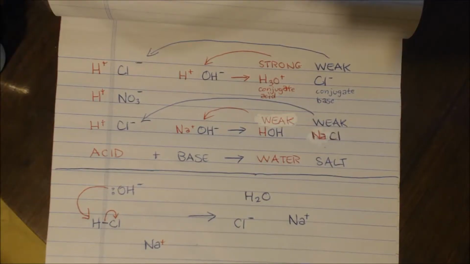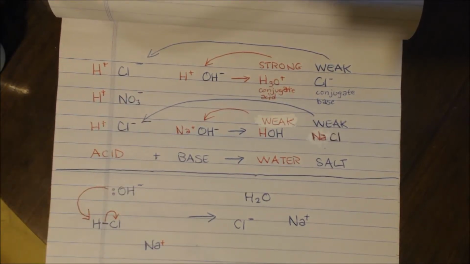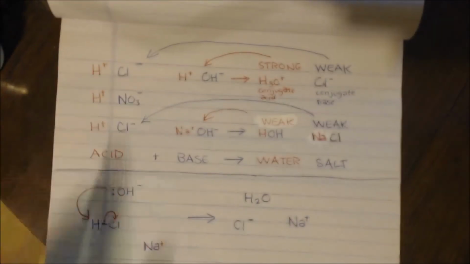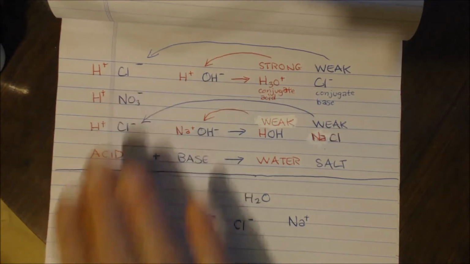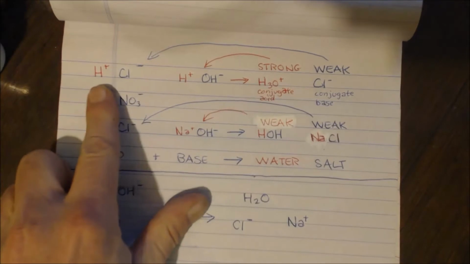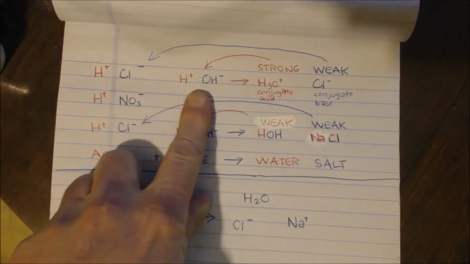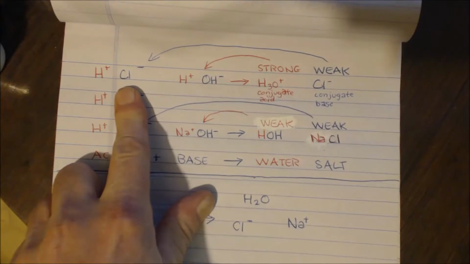Alright, here's a couple examples. Now I have the red part of each compound in red. The red is because that is actually the acid part of the molecule, and the negative blue is the base part of the molecule. You can see I have hydrochloric acid and water. Water is going to be the base, okay? You end up with a hydronium ion, because remember, when you do that, the H jumps off onto this, right? So this jumps onto here, makes the hydronium ion, onto the whole water molecule, and you're left with a negative Cl.